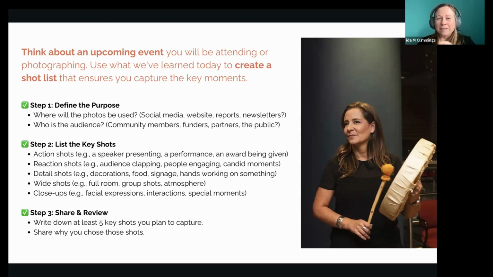With walks, it's a little more complicated because personally I have to do a lot of running, because you have to be ahead of them. The best photos I've ever gotten of walks are when you anticipate it before they come. You think of where there is a nice shot with a nice background, go up there, and wait for them to come into the shot. Then you can get the landscape with the walkers within it. Those kinds of photos are great for the website, for promoting the walk next year, or any other time.